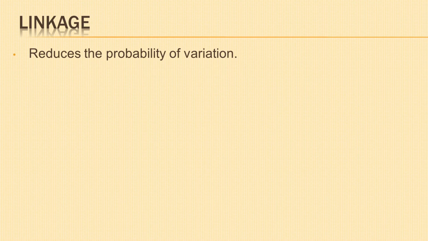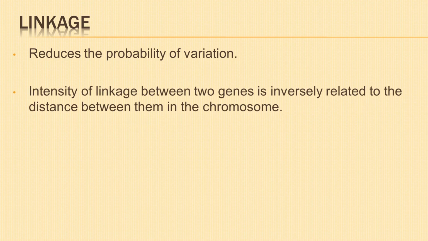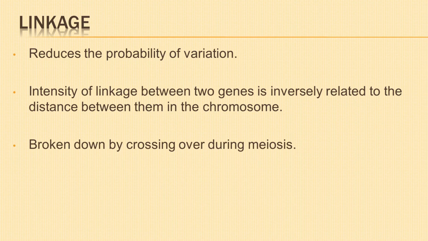Linkage reduces the probability of variation through sexual reproduction. The intensity of linkage between two genes is inversely related to the distance between them in the chromosome. Linkage is broken down by the process of crossing over occurring during meiosis. Before we look into the different types of linkage, let us understand the term crossing over in the field of